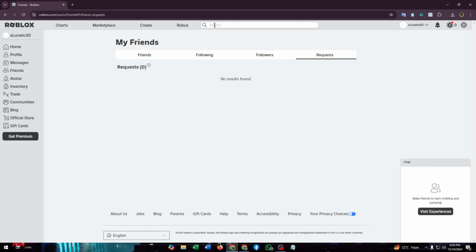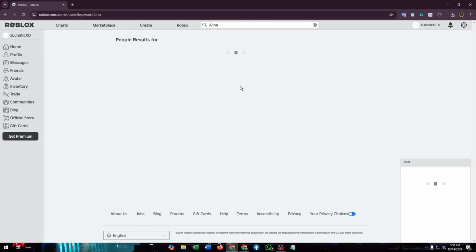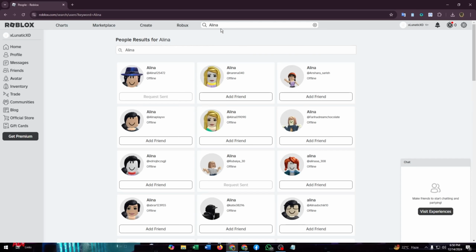And if you want to see the pending requests that you have sent to other people, then you need to remember the name of the specific people. You need to search the name in People, so you will get the list of the people. As you can see, I have requested two people from here. All have the same name, and I just requested two people, and that's why